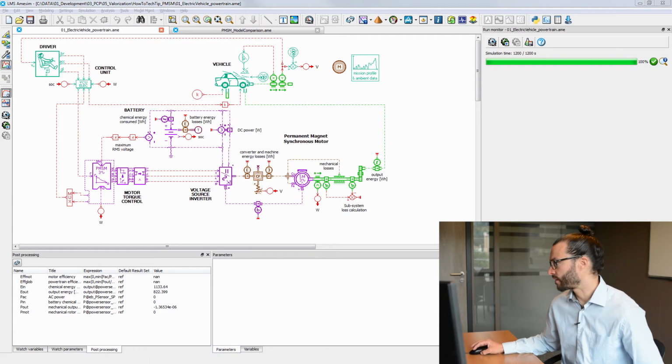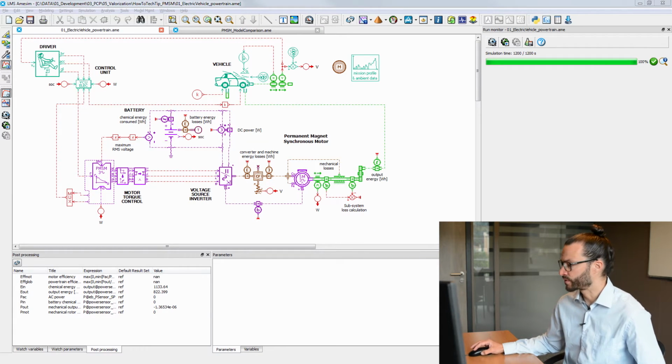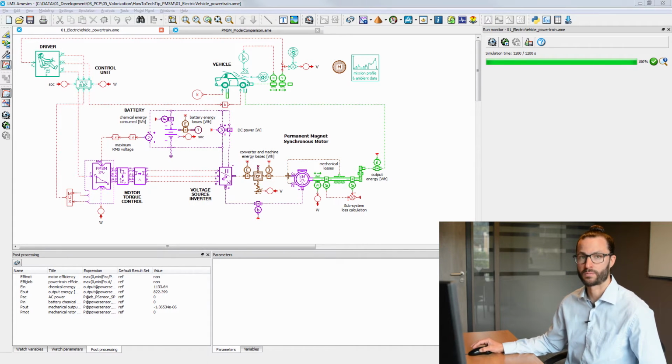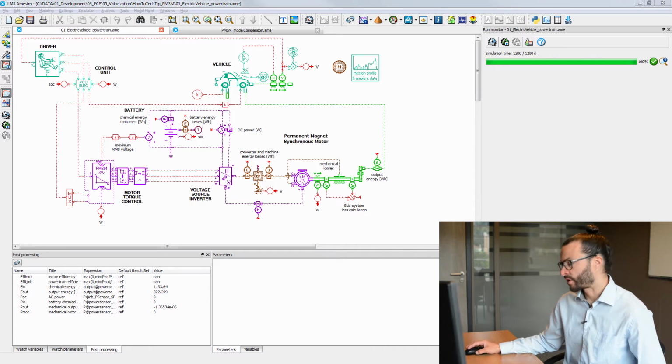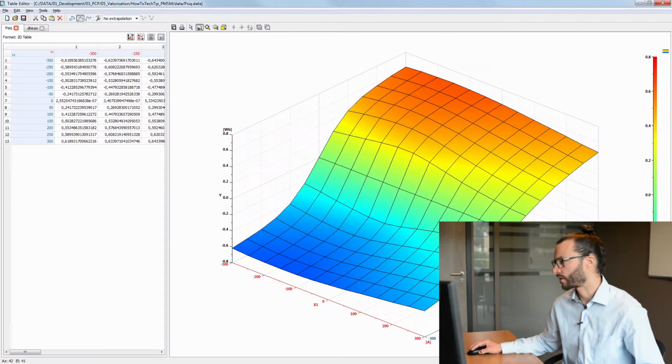To do that, the methodology is to use finite element results to generate the right characterization data that we can use as input parameters into LMS Amesim. The characterization data consists of 3 sets of maps.